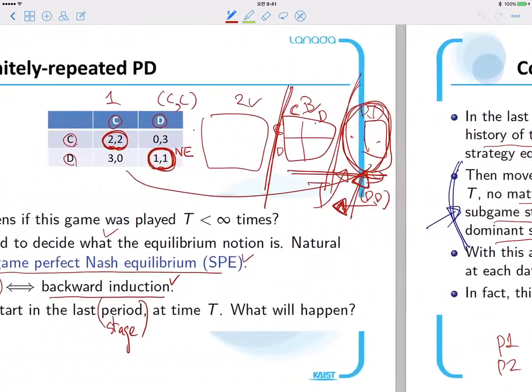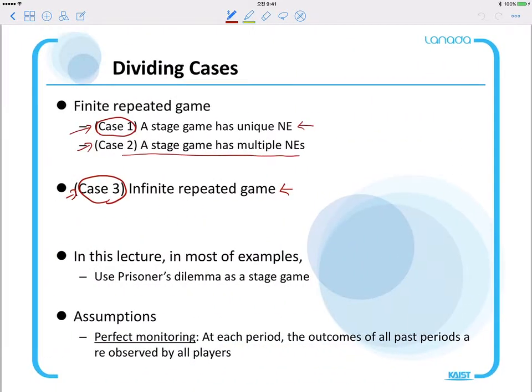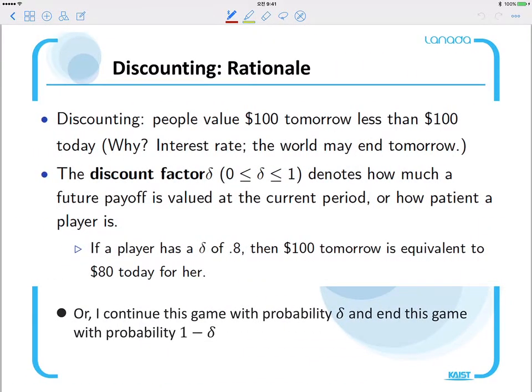Now an important factor that may affect this is the discount factor. So remember what the discount factor is. It means that I will continue this game with some probability, and I will end the game with some probability. There exists a probability of ending the game, which means I actually don't know when the game will end. I just have a rough idea that 1 over 1 minus delta is the